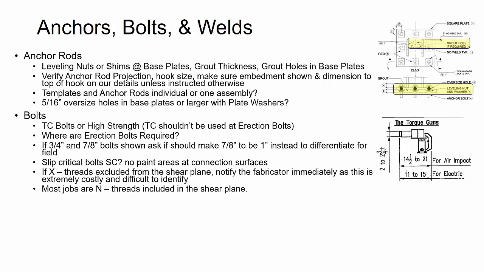Most of the time you'll see A325 grade and then N, which means threads included in the shear plane, designated on the design drawings or the connection details and designs. Now, there are some cases where X is specified. If you ever see a job where the structural notes or the design details call out a bolt grade and then an X designator at the end of it, this means threads excluded from the shear